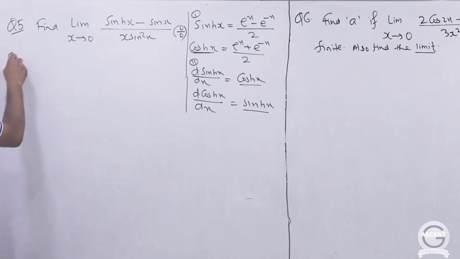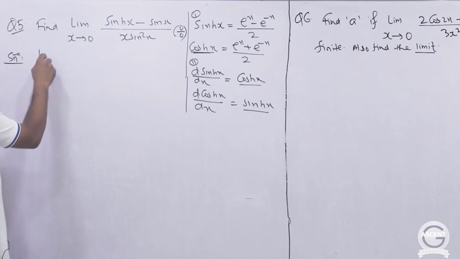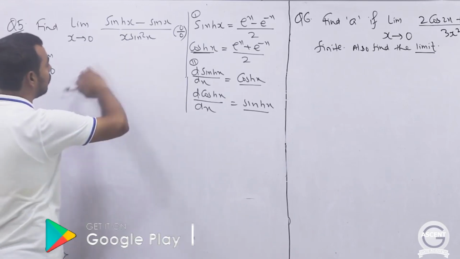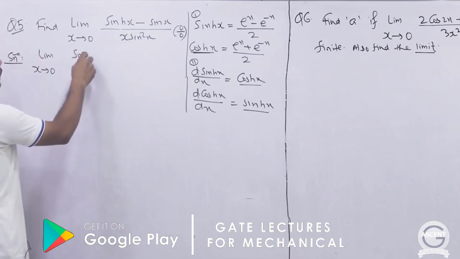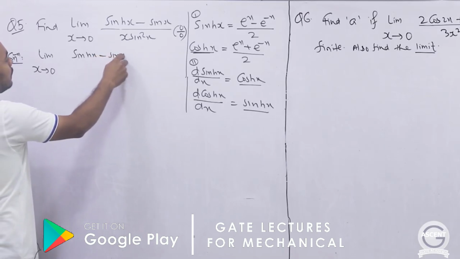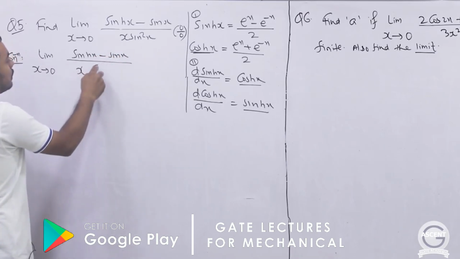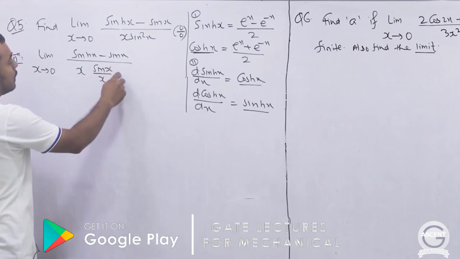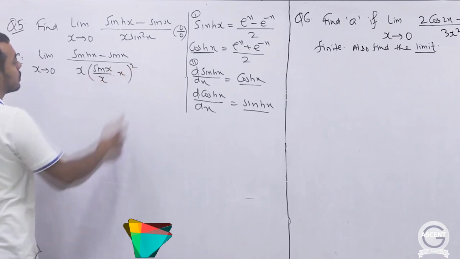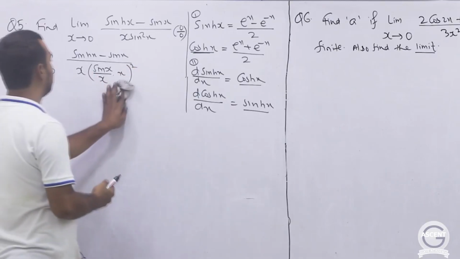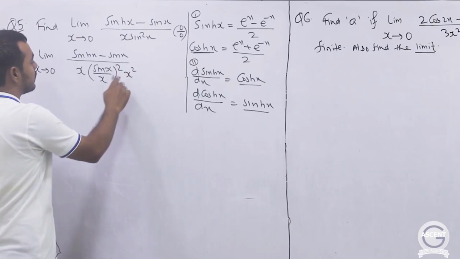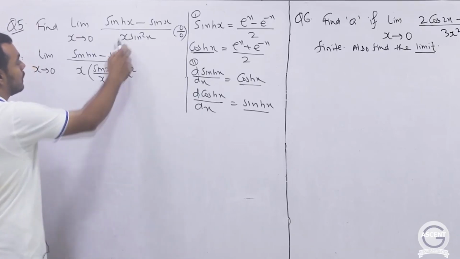While solving these types of problems, it is always better to do some simplification and then apply L'Hopital's rule. Okay, let me show you how. Here, if I have to apply L'Hopital's rule, in the denominator you can see that you have x into sine square x. Now this can be written as (sine x by x) into x squared, right? Or maybe I can write this into x square, because this x square and x square will cancel, you will get the same thing.